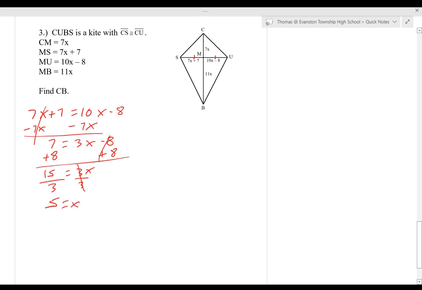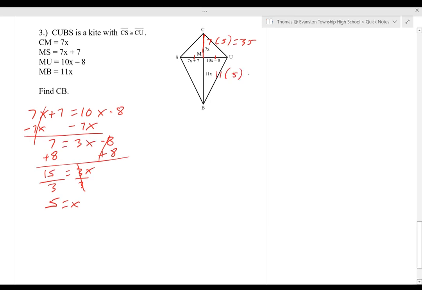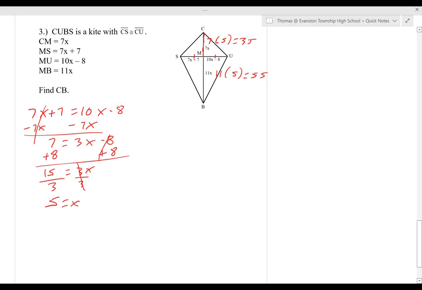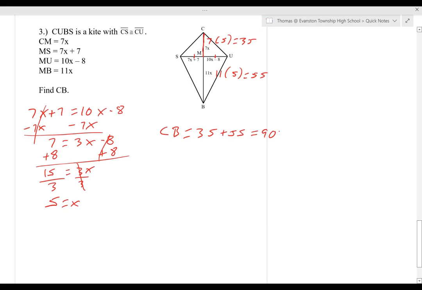So we can plug in this portion right here. So I have 7 times 5 equals 35. And I can also plug it in here. 11 times 5 equals 55. So CB is going to equal 35 plus 55, which is 90. And a kite